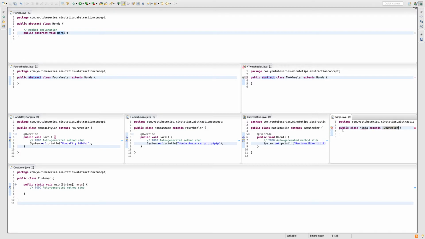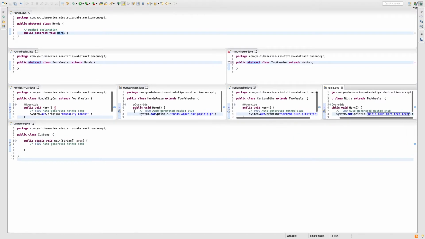And you can see as soon as I extend, I do inheritance, this is forcing me to add a horn method for my Ninja bike. As you can see, the red line, and when I do add unimplemented method, here also I have a horn. If I do a sysout, Ninja bike horn is, let's say, a beep, something like this. So now you saw how abstraction works.